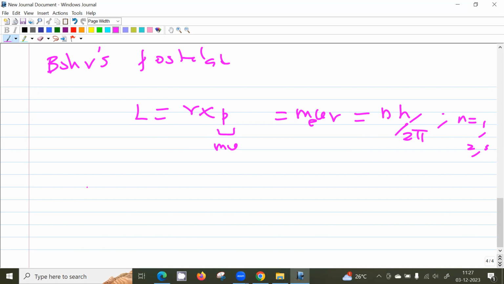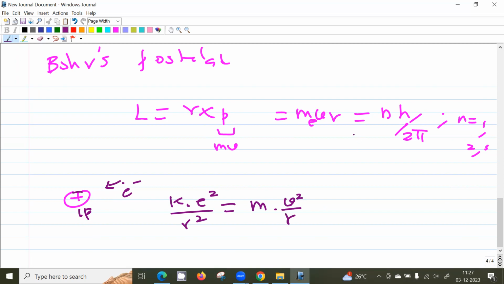And then we can use the force equation. The electron here, this is a positive charge, right? The simplest positive charge I can have is 1 proton. So this is the hydrogen atom. The Coulomb force will be an attractive force. That will be k into e square by the radius of this orbit, r square. Coulomb force is k into q1 q2 by r square. Here q1 is plus e and q2 is minus e. So the force is this one. This should be equal to mass into centripetal acceleration, which is v square by r. So this is one relation, and this is the second relation.